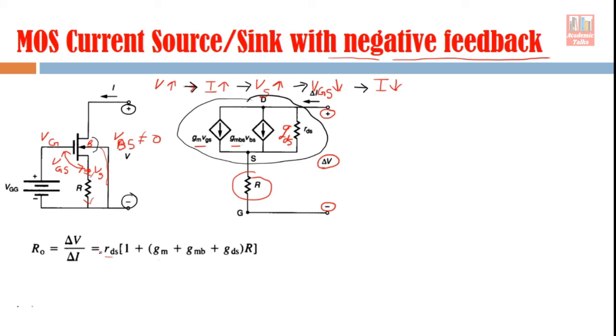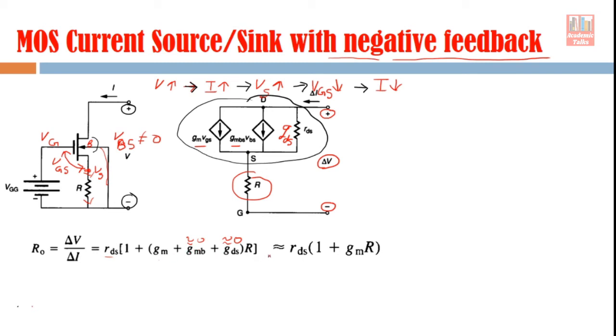Anyway, so what I was telling you, that once you solve all these things using your normal network analysis knowledge, you will find total resistance R naught like this. And here also you can further simplify it. You know that this GM is large as compared to GMB and GDS, so you can ignore them, and the approximate value of this R naught output resistance will be given by this. So this part will be approximately 0, and this GDS will also be approximately 0 as compared to GM, right? They are not 0, but as compared to GM they are very small, so we can ignore them.